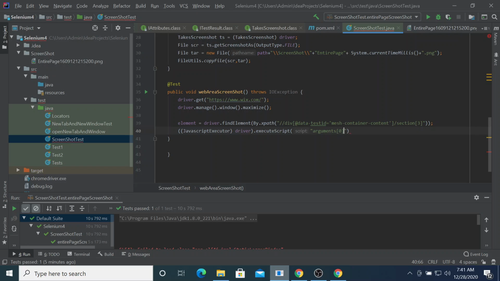0th argument dot scrollIntoView true, and I need to pass the element. This will scroll until this element is visible,